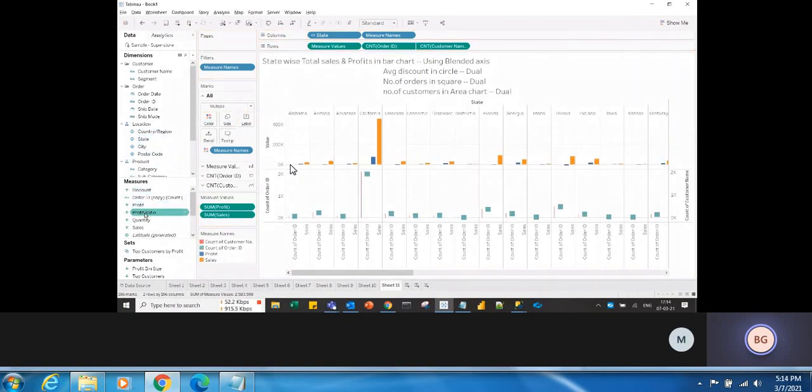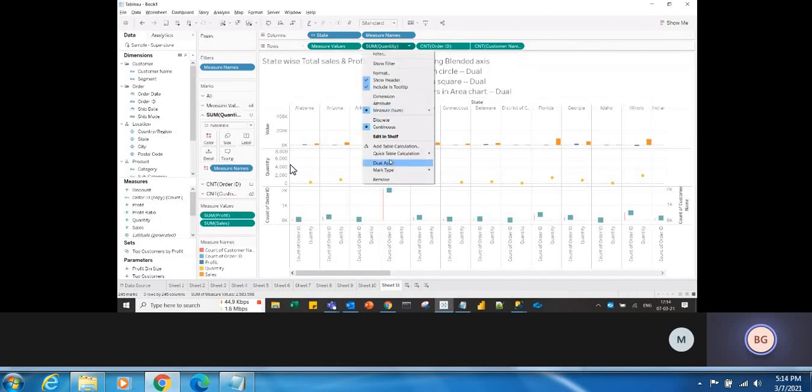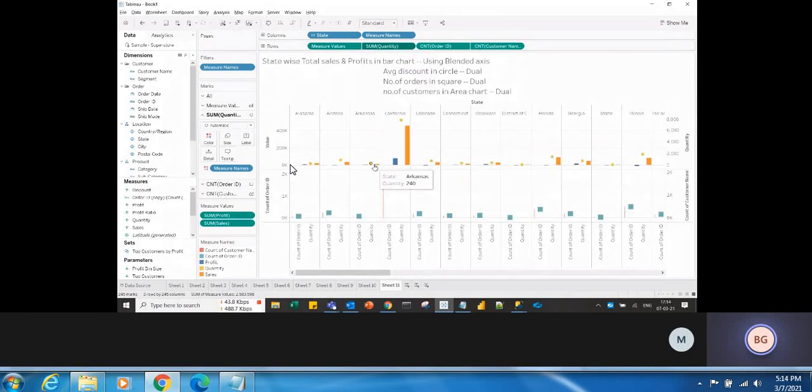Here, let me take sum of quantity in the form of circle chart. It is already in the circle chart, so let's make it dual axis. Now you can see it is showing all four here, right? We can synchronize here, because the values you see here are numbers, and here also it is showing numbers. So now we can use synchronize for both.